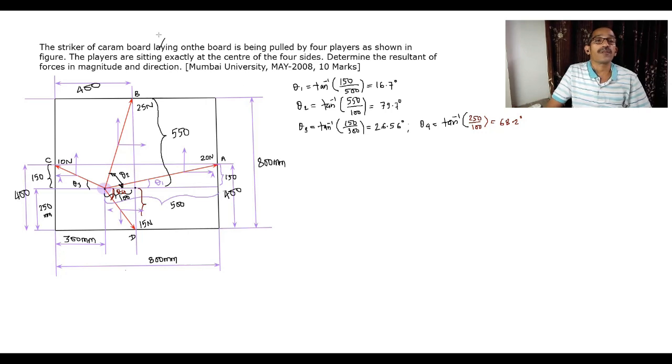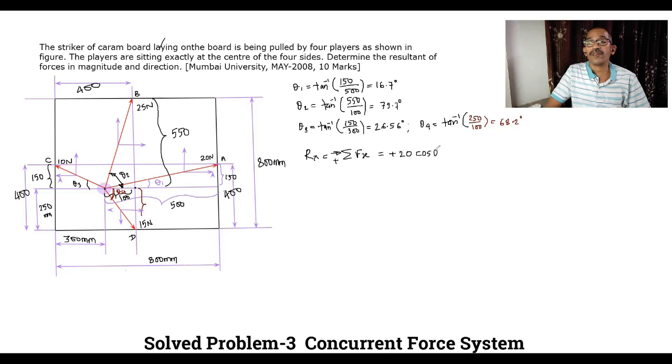Now, first we write the equation to find the resultant. The horizontal component of the resultant, Rx, is the summation of Fx, assuming rightward force is positive. A, B, C, D are the locations where forces are acting, so we start from A, the 20 Newton force. Its horizontal component is rightward, so plus, with magnitude 20. Since all inclinations are with the horizontal, all horizontal components are cos. Here we get cos of theta 1.